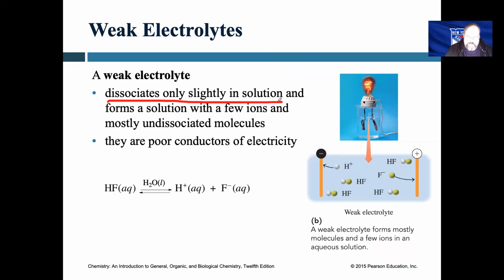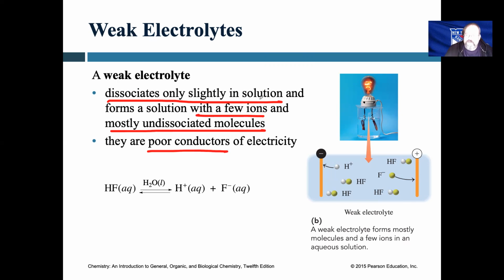And because of that, they form a solution with a few ions, but mostly undissociated or whole molecules. So now, for a weak electrolyte, the dissociation is not complete. The dissociation is only partial. Now, you are able to conduct some electricity because you get some ions that are generated, but instead of being really excellent conductors of electricity, your weak electrolytes are poor conductors of electricity because there's only a minimal amount of